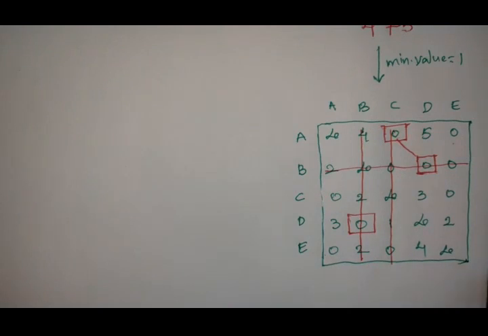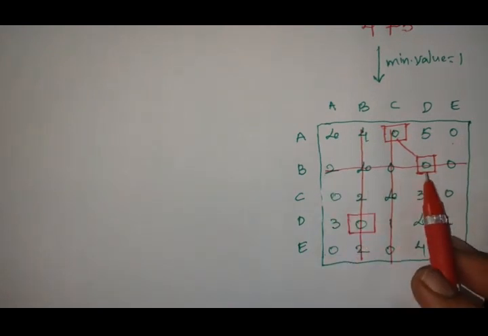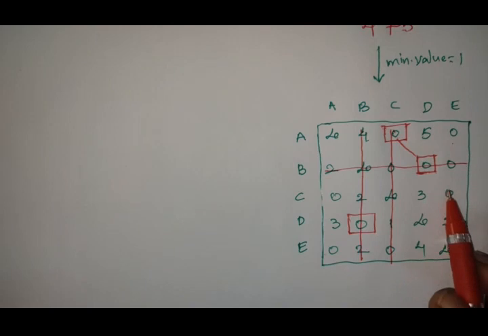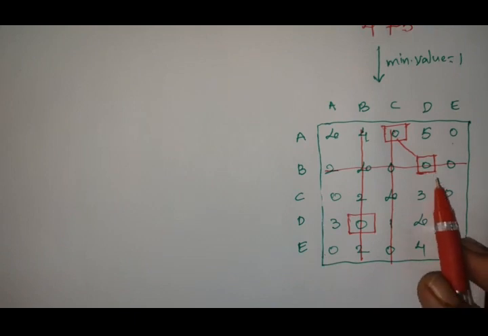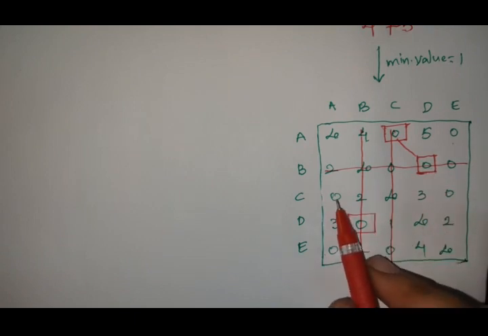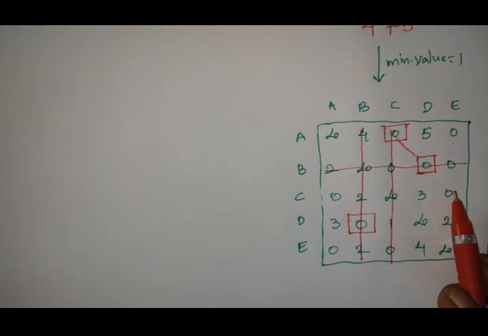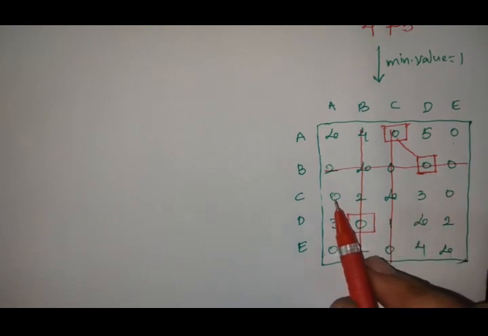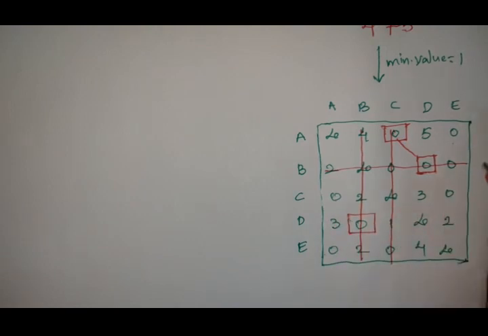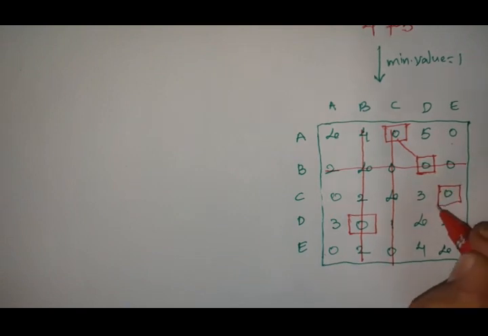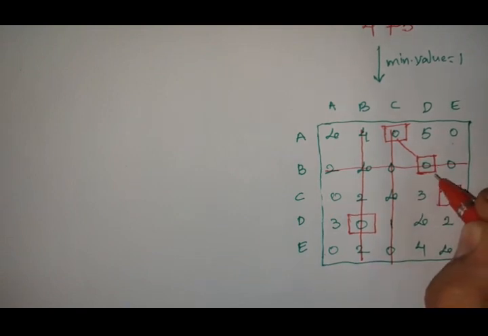And next, the second row was already assigned, and in the third row, in the previous assignment it is there, so the next assignment should be taken in a diagonal way to the consecutive. So here 2 zeros are there, so in these 2 zeros, whether we need to take A or E, we need to take E as the next consecutive row, in a diagonal way. Okay, so in row scanning I have taken this one, so strike off that column.